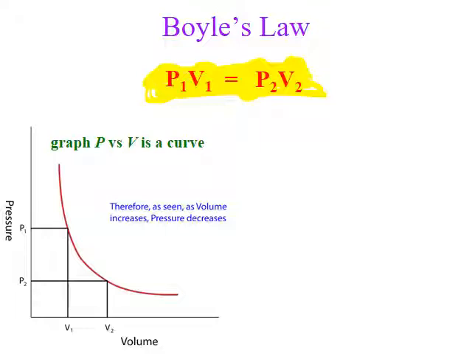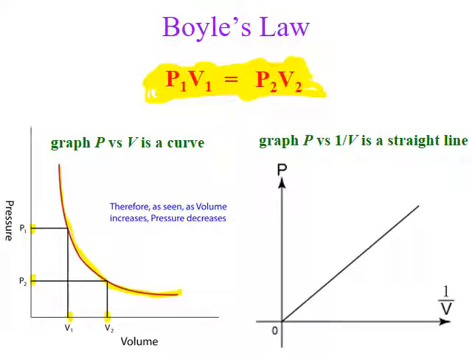Okay, now if you were to make a plot of pressure versus volume, you know that if at pressure P1, which is a very high pressure, the volume is V1, and now I decrease the pressure to P2, what would happen if I decrease the pressure? The volume would increase to V2. Therefore, your graph would look something like this. It would be more like a curve. Pressure and volume are inversely proportional. If I increase the pressure from P2 to P1, volume decreased.